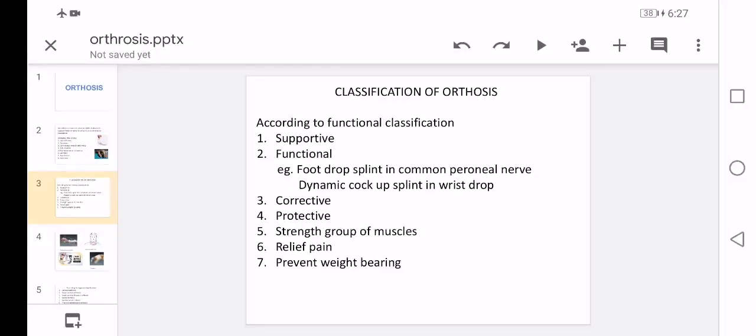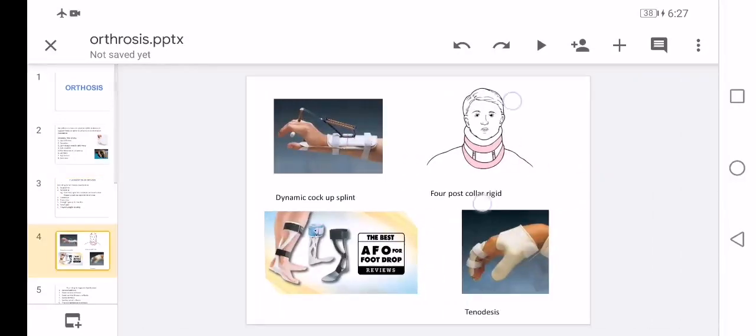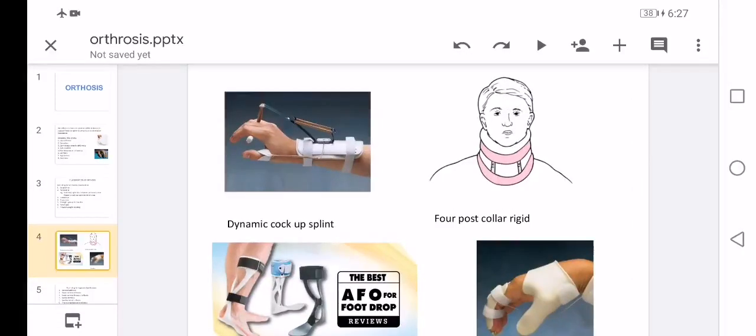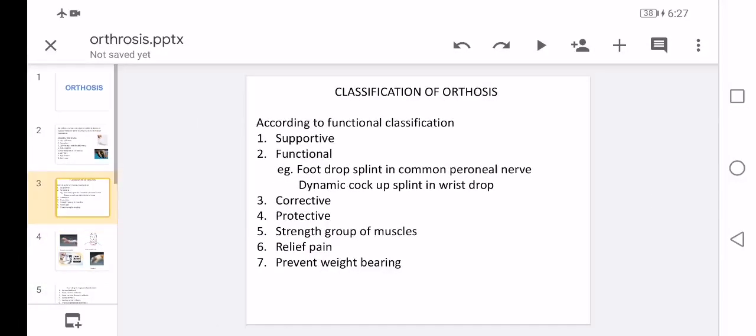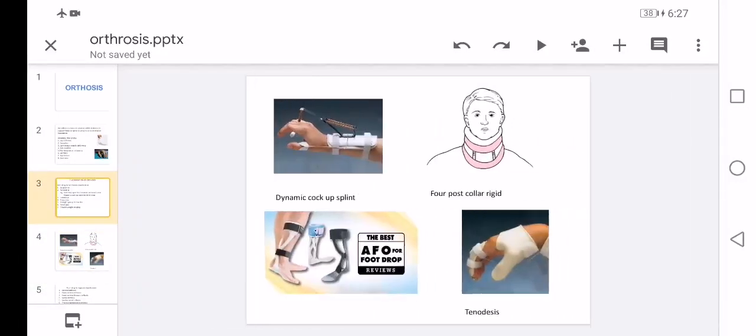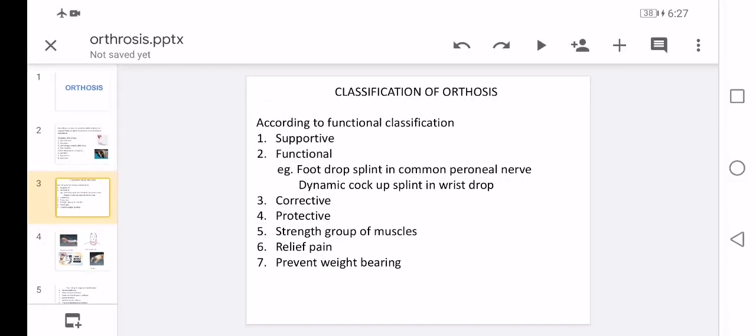We can protect during healing. We have a rigid four-poster collar for fracture of the cervical vertebra. This is a major protective classification. We can also strengthen a group of muscles, for example with tenodesis. And also relief of pain, as with the lumbosacral corset for the lower back,